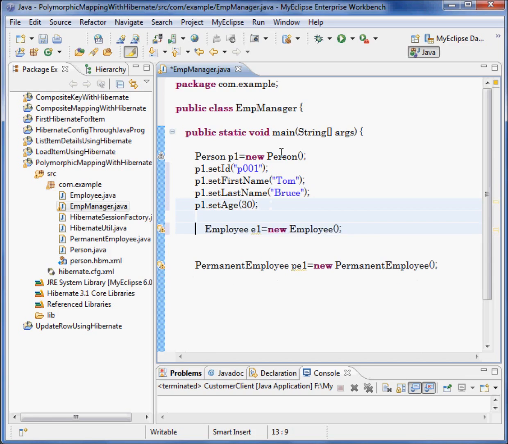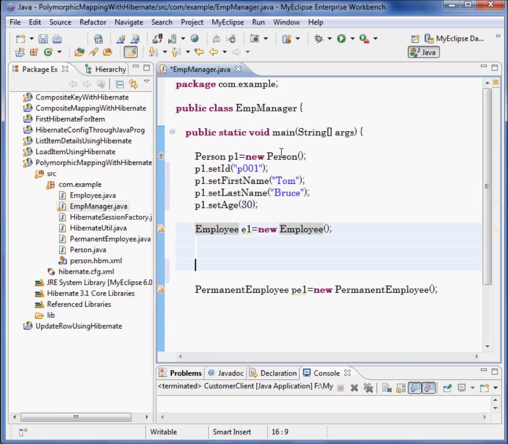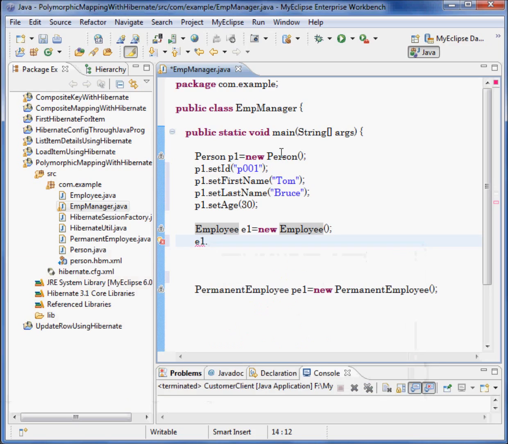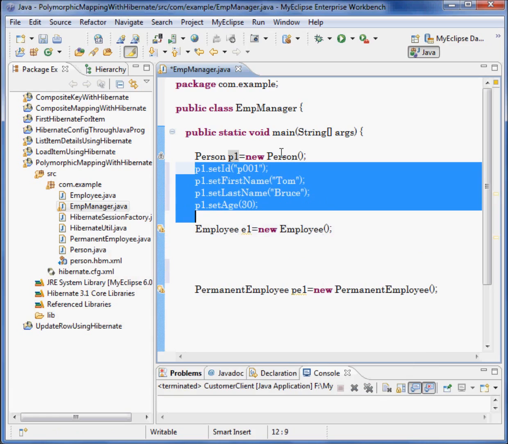So I created an object of person and set all the values for the person. Next, similarly we have to do it for employee. Again, you want another ID for this, and you have to set all the values. So you have to keep repeating the values here. I just copy the whole stuff here,